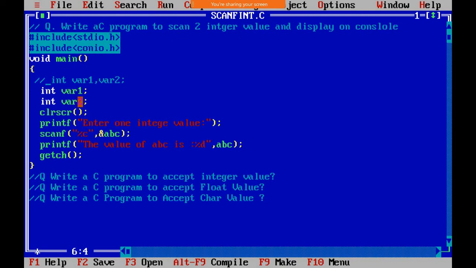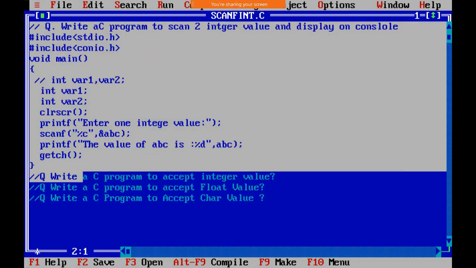Either we can use int var1, var2, var3, var4, var5 like that, or if you don't want to, you can declare int var1 and int var2 separately. Instead of var1 and var2 we can use a and b, whatever it may be. You just need to understand the concept. These are variable names, and we have seen how we can name variables.